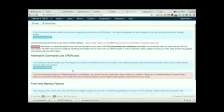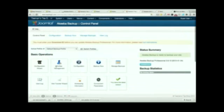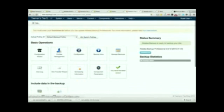You don't have to use the third-party web cron. You just go to your web host and use their own built-in cron service. But again, the cron itself, the backup, is still taking place on your server, so we need to fix that. We need to back it up somewhere else. So if I go into the, no, wrong one. If I go into the configuration,